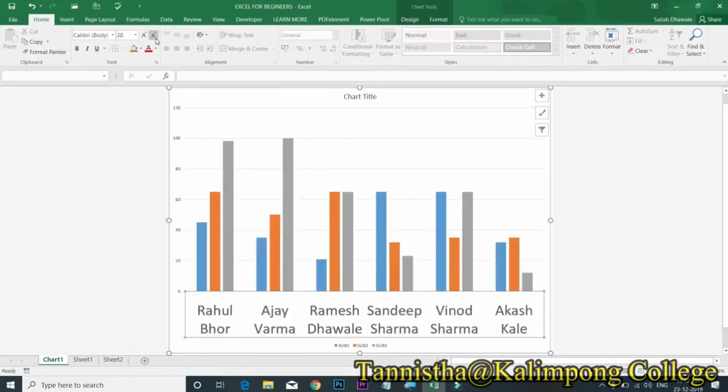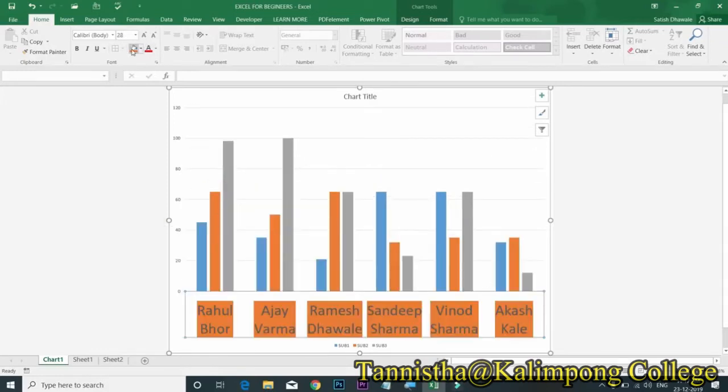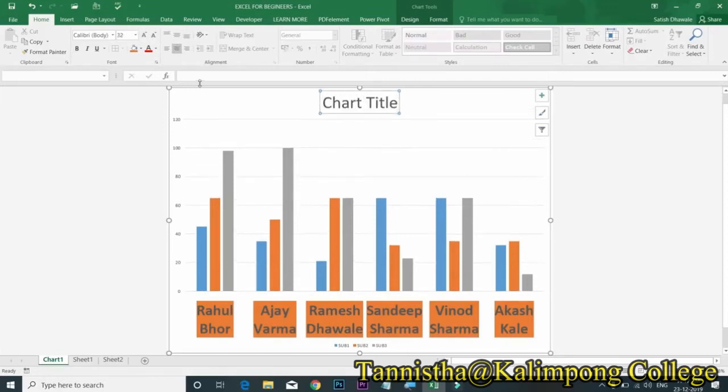You can also apply background color. This way, you can highlight it. You can also increase chart title. If you like to insert any new name in chart title, you can type it in formula bar. Here we are writing Student Progress.